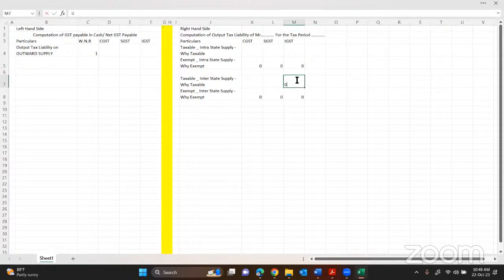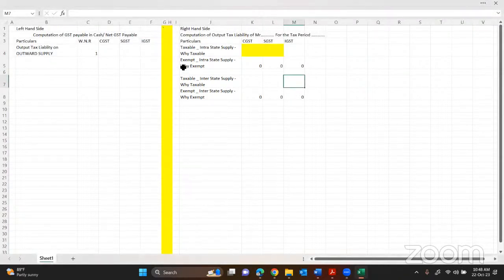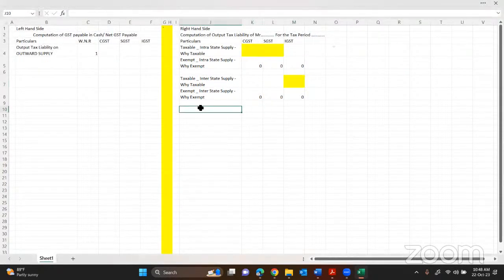And for here, straight away, we'll come over here. This will be nil. Only here you will have something, and I should not write. You'll have only here something. While filling up the figures, we will see, okay. Because intrastate, we will have figures only here, and interstate we will have a figure only here. Nevertheless, my dear, it will be the total of output tax liability for the tax period. So this will be the total of